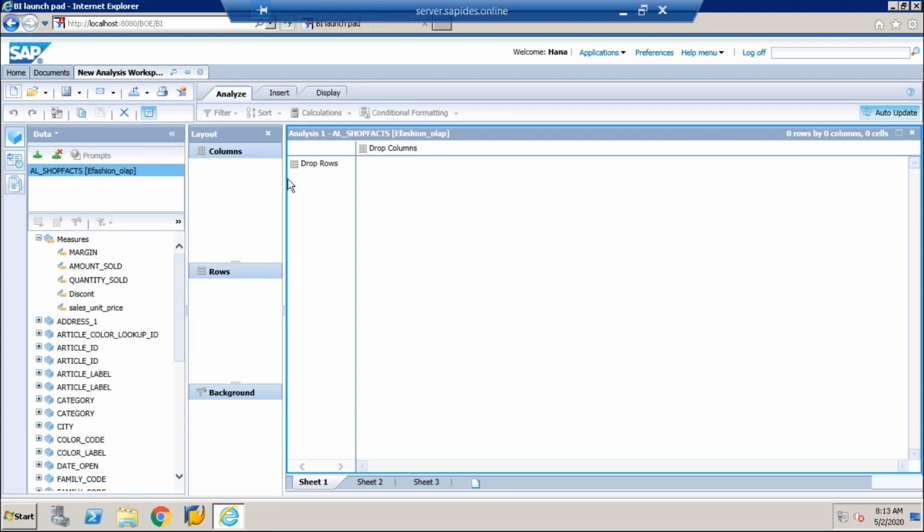Okay, so let's see today's analysis tab. So we have three different types of tools here: analysis, and we have this insert and display option. In the insert option, we are able to insert different types of tables here. We have default, we have the cross tab table. When you insert data without any options, we'll get this vertical table. We get a cross tab, and we can insert different types of charts. These are all the different charts, and we can turn a table into a chart, or a chart into a table, or other table and chart activities.